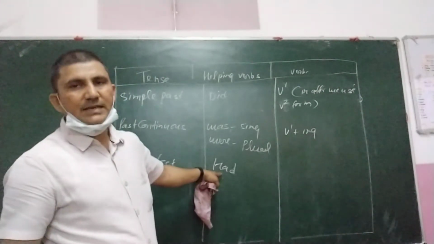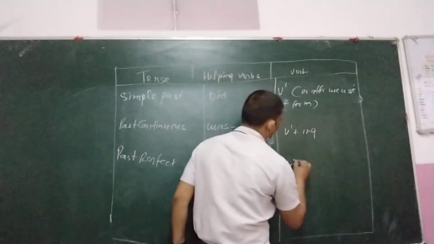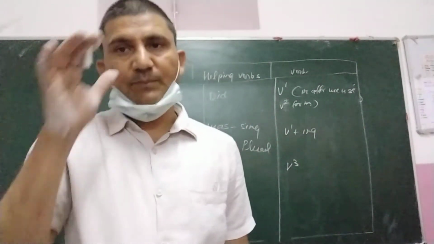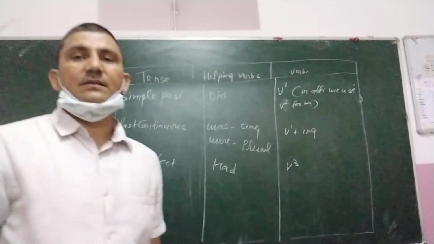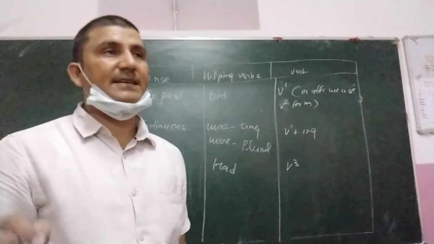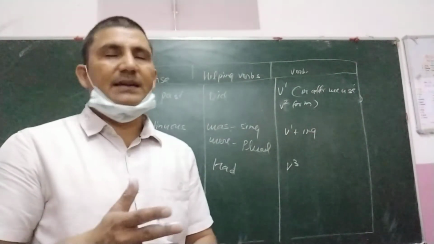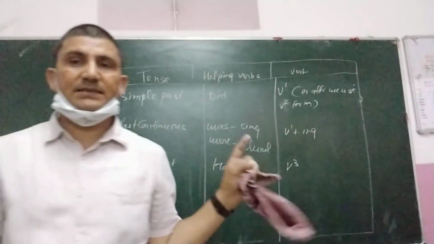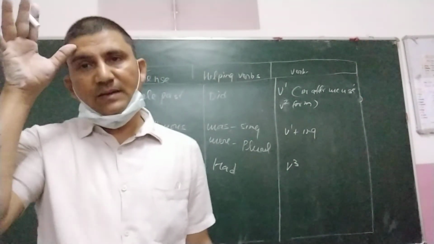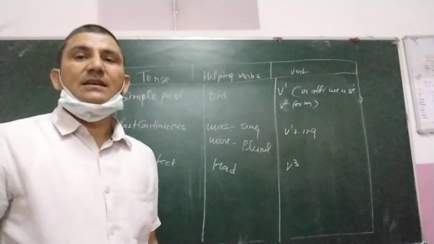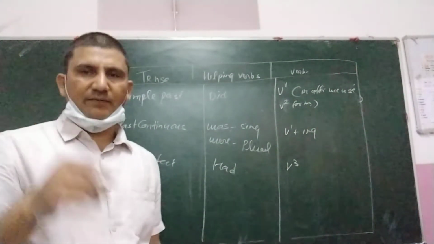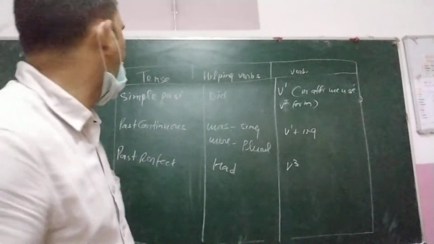Past perfect. The helping verb of past perfect is had, and we use the third form of the verb. You know class, there are some other rules in past perfect tense, as between sentences there is use of before and after as a conjunction. So the structure of before and after we will discuss when we talk about the formation of the sentence. In the condition of before and in the condition of after, we will discuss it deeply there.